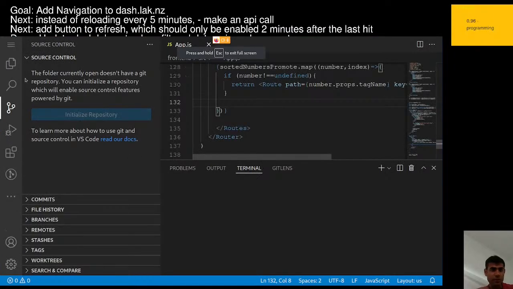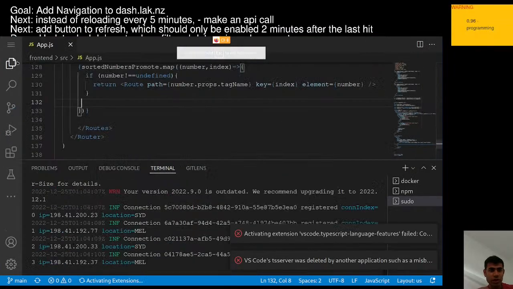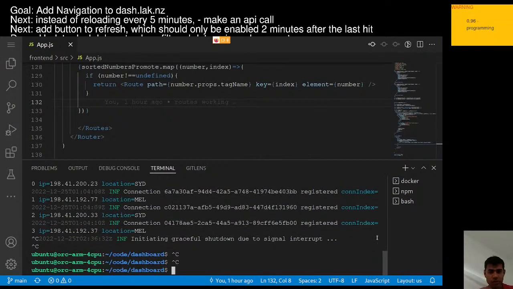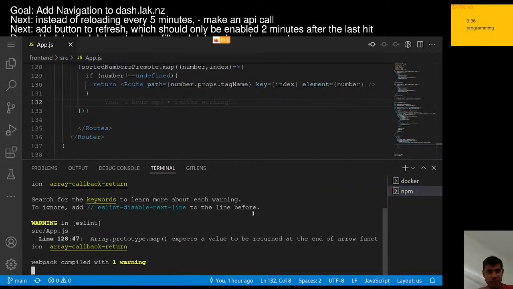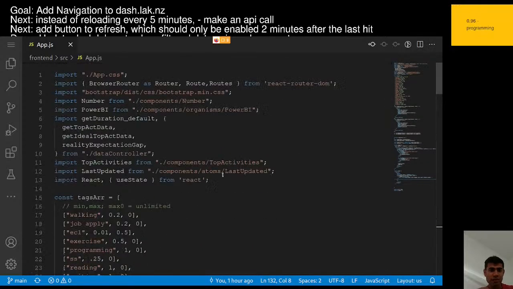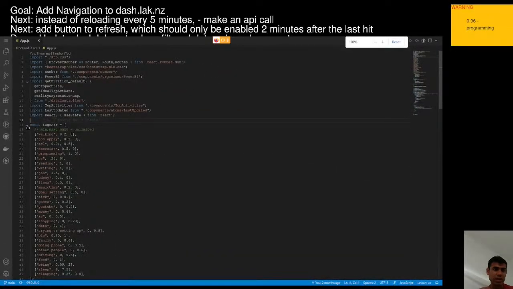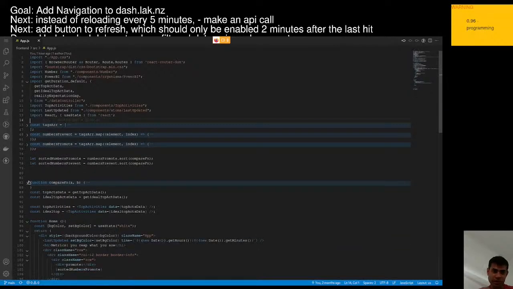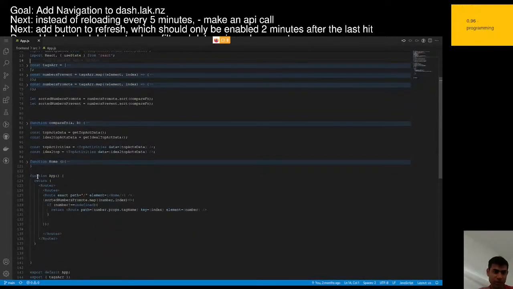So this is the code. This is the app file. It may look a bit scary, but the main thing here is your home function and the app function. So this part, if I zoom into that,